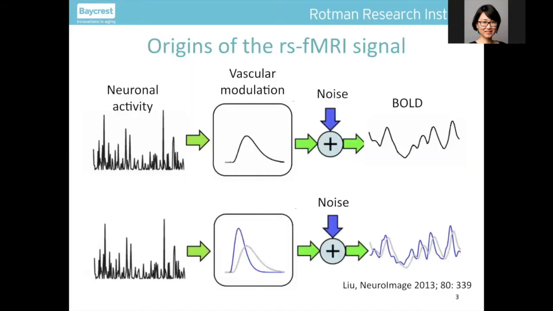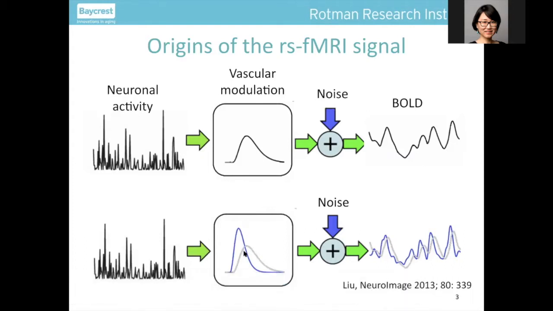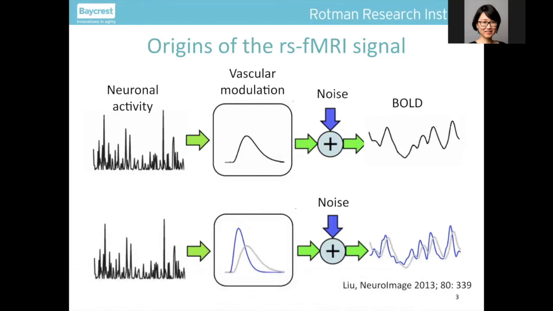But in terms of connectivity, we're looking at synchrony across two different regions. And if we look at a different scenario with a different vascular modulation, this is modified from Tom's figure, then the time series for BOLD will be different. So although we have two identical neuroactivities that are 100% synchronized from the outset, when we get to the BOLD stage, they're no longer synchronized. So you can already get a sense of where the need is to assess the vascular influence on the BOLD